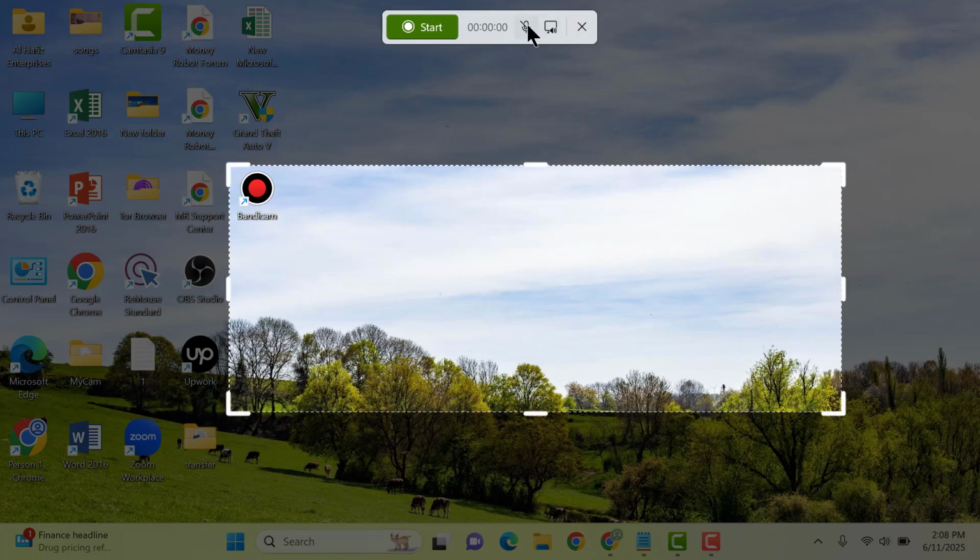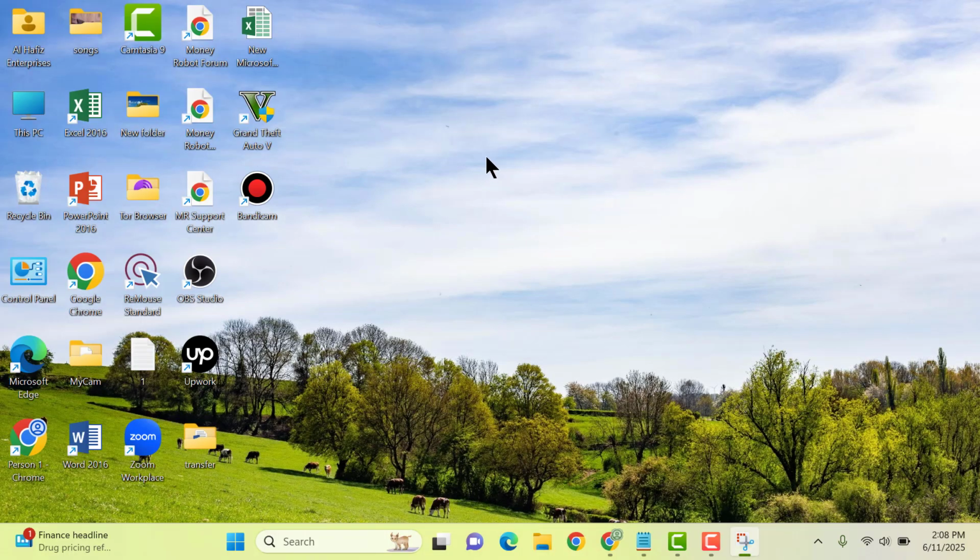And if you want to enable mic, then you can unmute, and after that you can also mute system audio as well. Then after that click on the button start, and now here you can see recording is active. So after that, how you can stop it, just you can go back here,